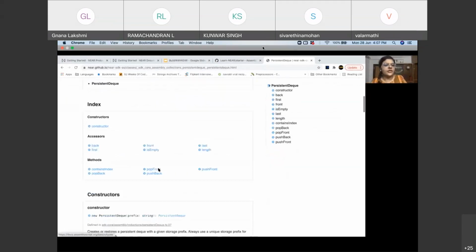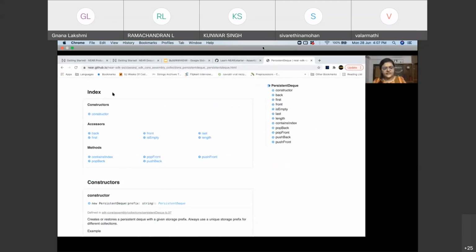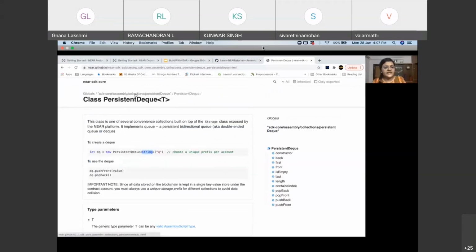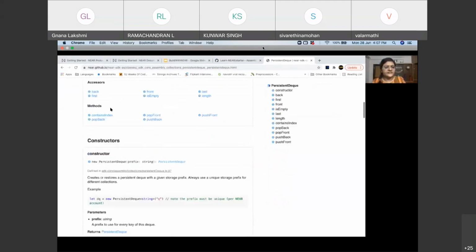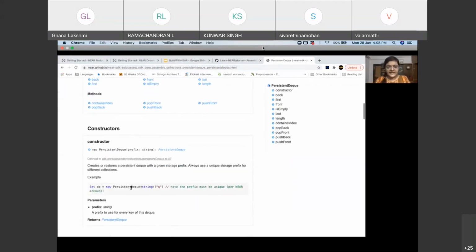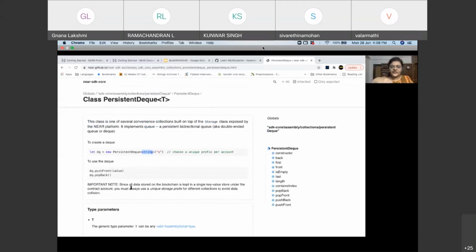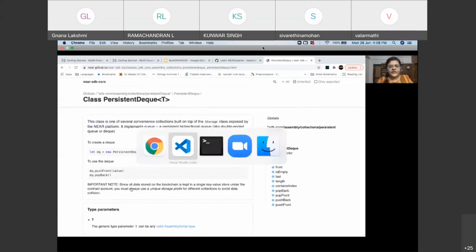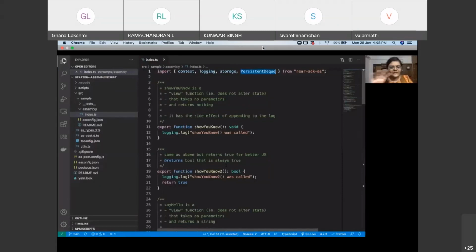So you can go through this. There are different other collections as well, which you can go through. What are the functions related to this, the constructor, accessors, the different methods, etc. Right? So I'll put a link to this as well in the description box. Now, don't worry about learning all of this in one shot. As we walk through the contracts and write our own contract, we will get to learn more about what these mean, right? So let us start going through this contract.